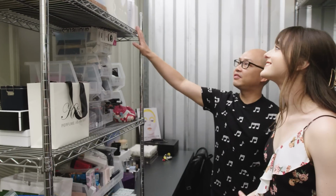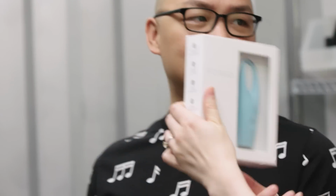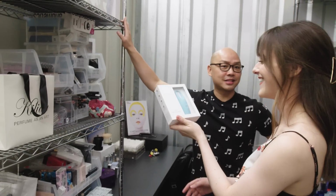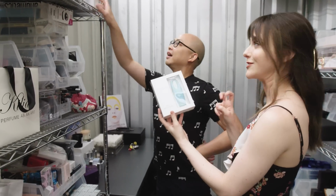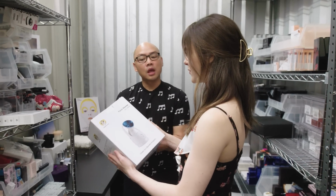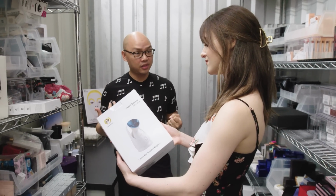And I have my devices here, which this one's an eye massager. This is the funniest thing. They say it's an eye massager, but I totally thought it was something else. That's why it's been sitting here until a girlfriend came and said, oh, that's an eye massager. Can't you read it? Yeah, it's an eye massager. What is this? A steamer. Oh, a facial steamer. Kingdom Care's facial steamer. If somebody's never used a facial steamer, what is it for? This helps open up the skin, get the blood going, and it also helps depuff. So I'll do this with a sheet mask for them, 10 minutes,